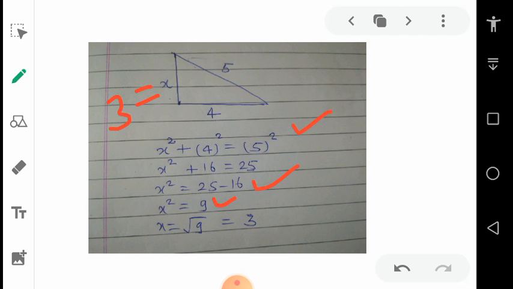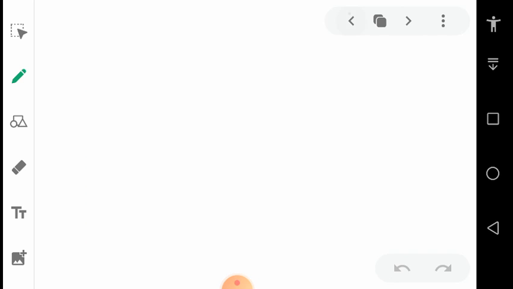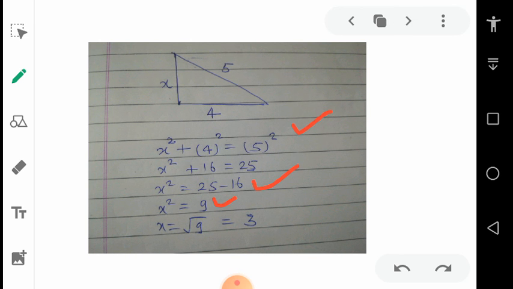Next, again here we will not find the length of the hypotenuse, we are finding the length of a side. So we'll write again the main form of Pythagoras theorem, as it is x square plus 4 square is 5 square, then we have x square is 25 minus 16. Okay, because we have transposed the 16 from the left hand side to the right hand side. Now we have x square is 9. Again take square root on both sides, so square root of x square is x, and for 9 is 3. It means this x is 3 units.